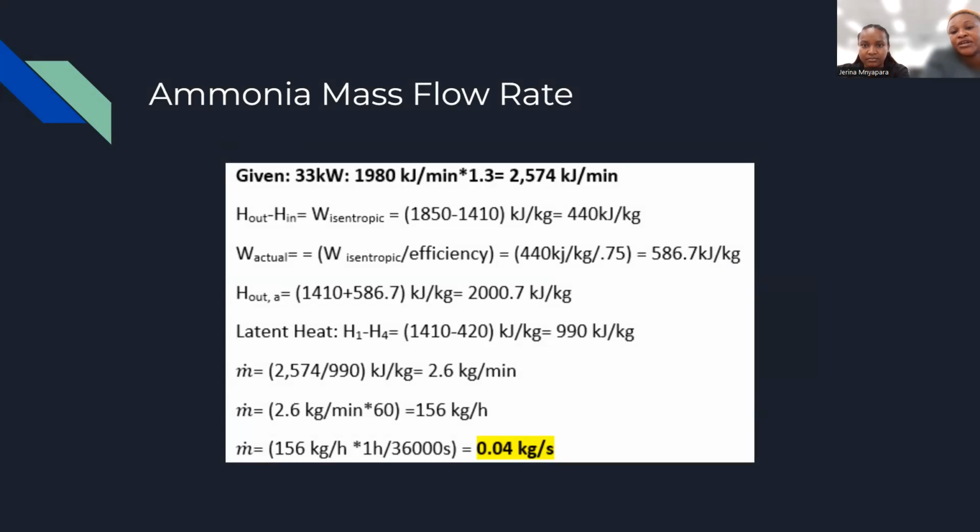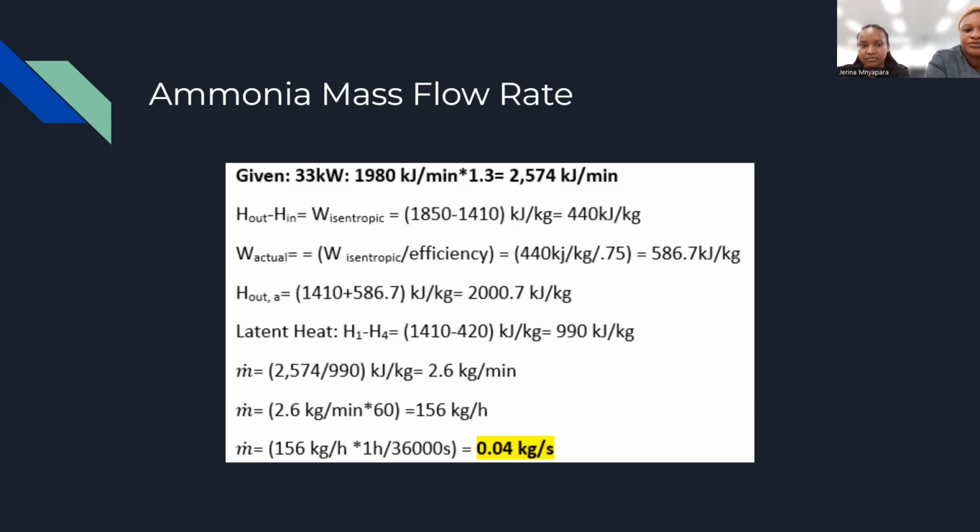The efficiency, we researched online and chose the value of 0.75, and we got 586.7 kilojoules per kilogram. From there, we calculated the H out actual, where we add the isentropic work plus the H in, and we got